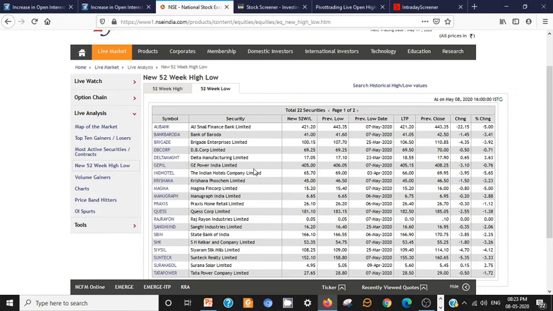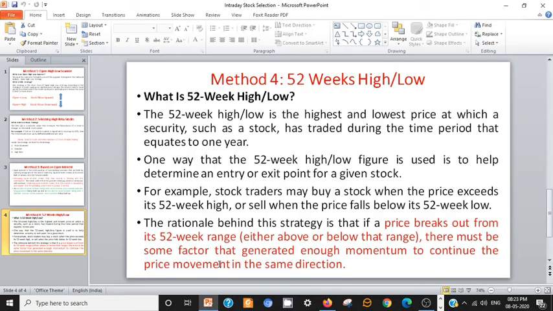So these are the four strategies that can be used successfully. If you want to combine the strategies, you can; it is going to give much more accuracy, or you can select any one of these strategies. And this is how stocks can be selected for intraday trading. I hope this presentation gives valuable information for intraday traders to select stocks for intraday trading.